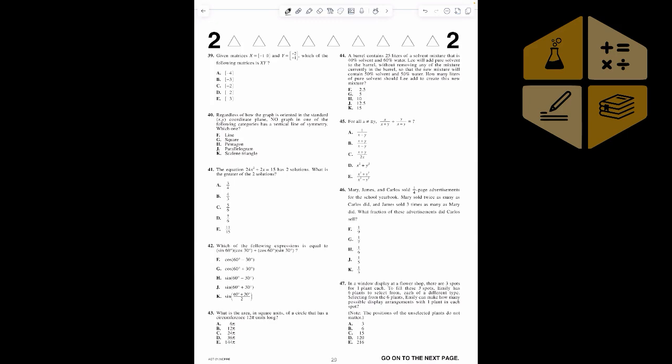Number 39. Given matrices X equals [-1, 0] and Y equals [-2, -1], which of the following matrices is XY? Okay, well, what's kind of fortunate about this question is that you don't have to figure out probably the most difficult thing in multiplying matrices for students that I've seen on ACT tests before,